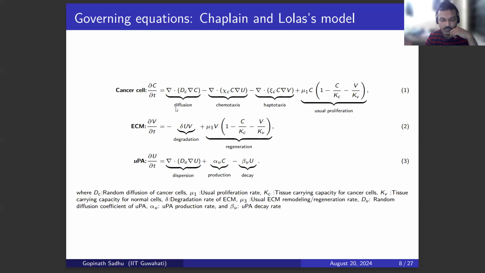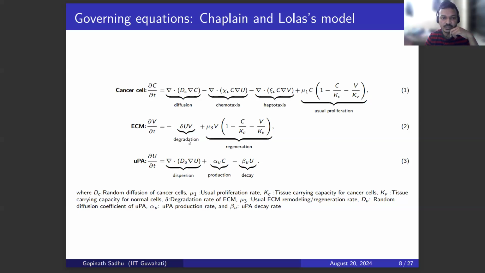So how the cancer cell is diffused randomly is taken care of in the first term on the right-hand side of equation 1, and how the UPA is involved in chemotaxis is taken into account in the second term, and how the ECM is involved in haptotaxis is taken care of in the third term, and the usual proliferation is also considered. And in